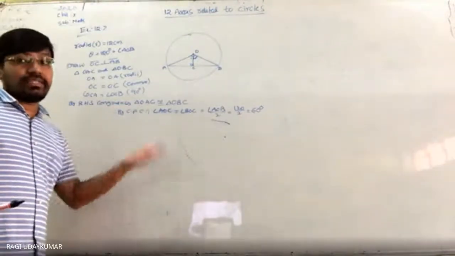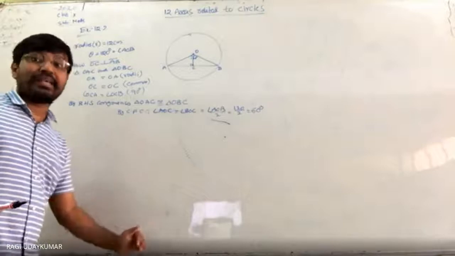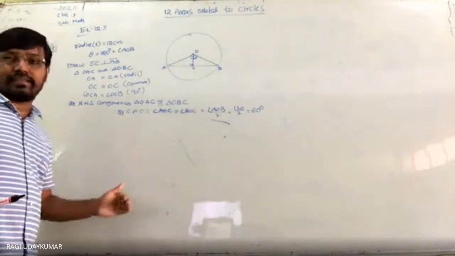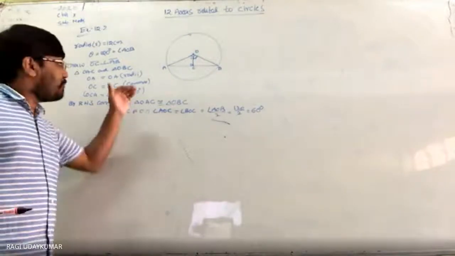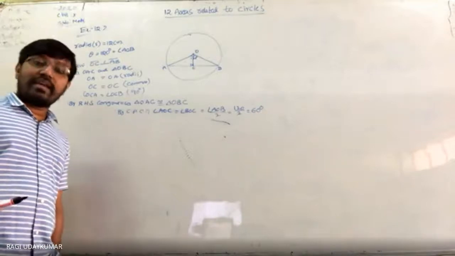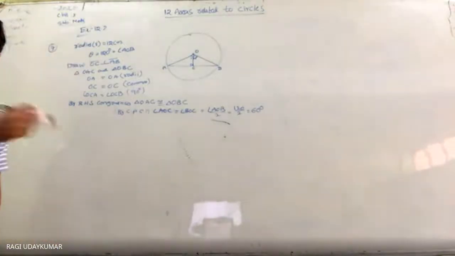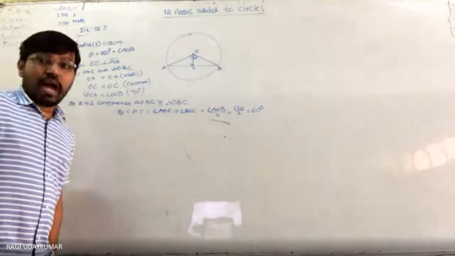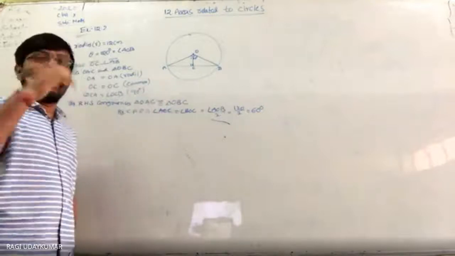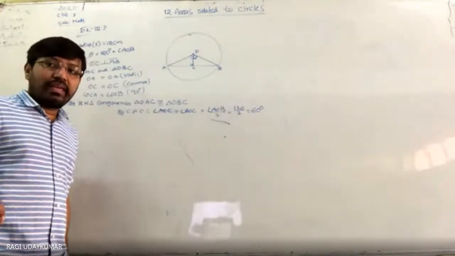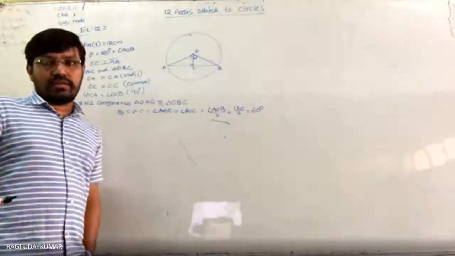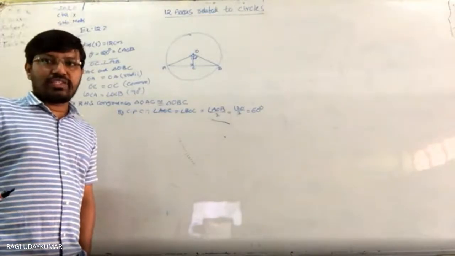See, in one problem, how many concepts are there? Triangle concepts we are using, and next trigonometry comes. If you know trigonometry, you can do this problem. If you don't know triangle congruency, you cannot. Mathematics is like that, every time interlinked. So if you know them perfectly, you can use them here. That's why the previous chapters, everything you have to learn perfectly. Okay, did you understand whatever I'm saying?